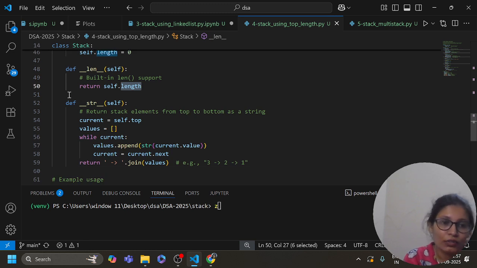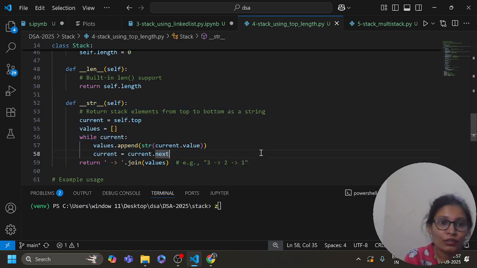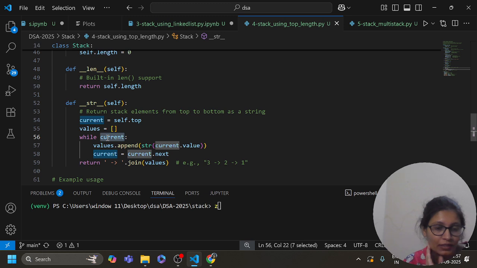Here you can see the str function, which returns the stack elements from top to bottom as a string. Here current equals self.top, and value equals an empty list, so we can store new values. While current, value.append(str(current.value)), the current value in string form.